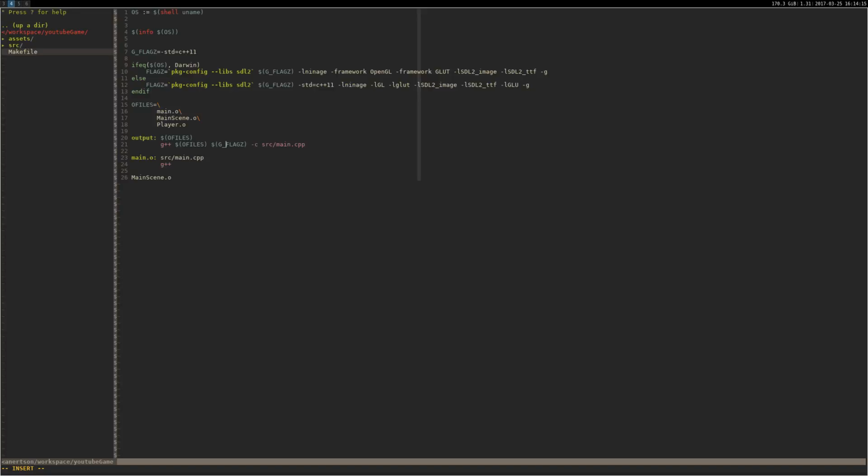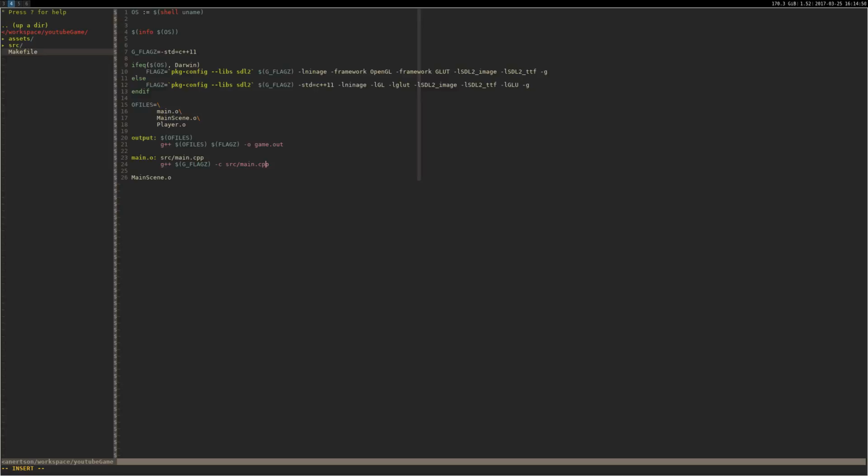This will just be flags, and we'll do O. This is the output, so we're going to have to do, there we go. And here we'll do general flags. So here we're compiling the main.cpp file and creating an O file for it